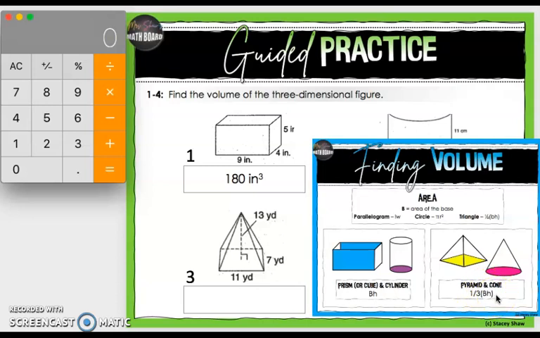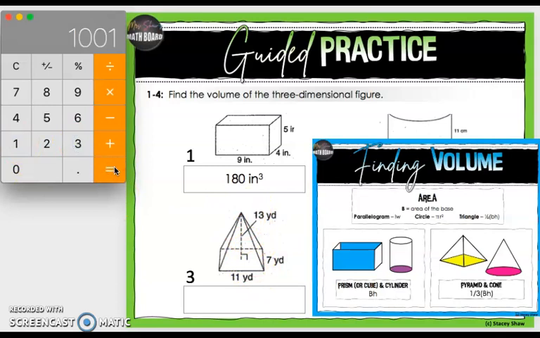So step 1, first we have to figure out what the area of this base is. That's a parallelogram, so for a parallelogram you just say length times width to find the area of that base. We can do that right in our head. 11 times 7 would be 77. So that's the area of the base. Now we need to multiply it by the height. So 77 times, then the height is 13 yards,